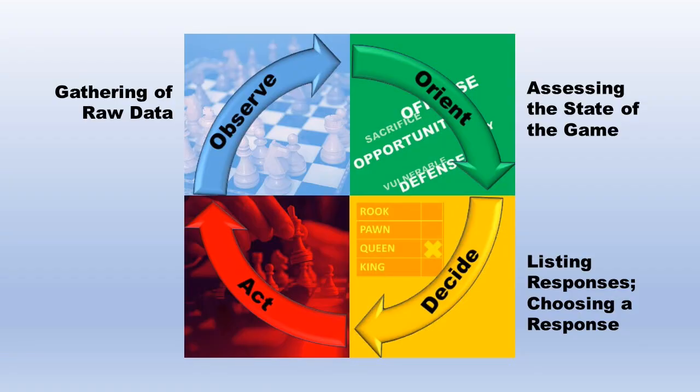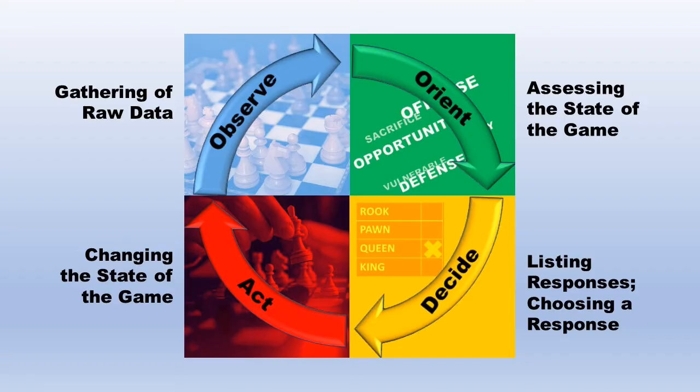So this is where player individuality first comes in, and the second place where it comes in is the decide step. In the decide step, the player is listing all the possible responses to the state of the game. Preferably, responses that create benefit for the player, or at least a disadvantage to other players. In the chess example, they're listing: I can move my pawn, I can move my king here, I can move my queen, I can move my rook, listing all the possible ways they can do what they want to do.